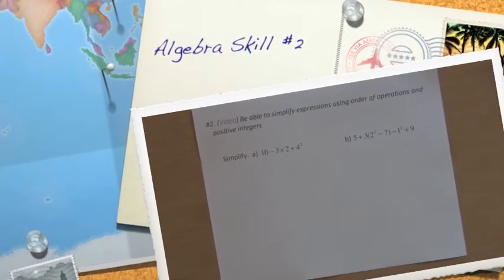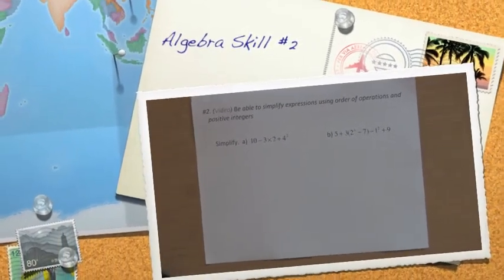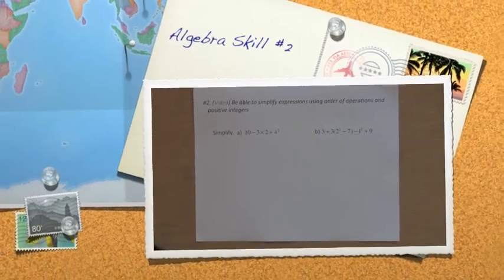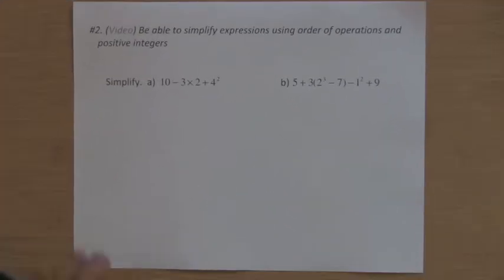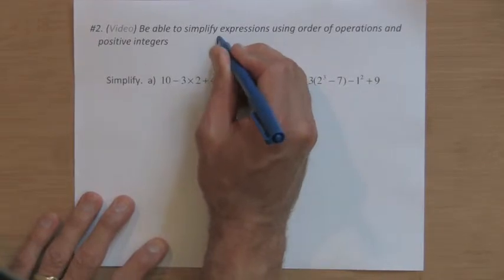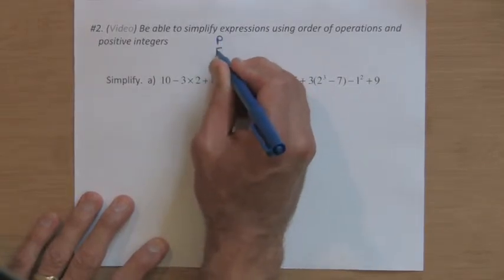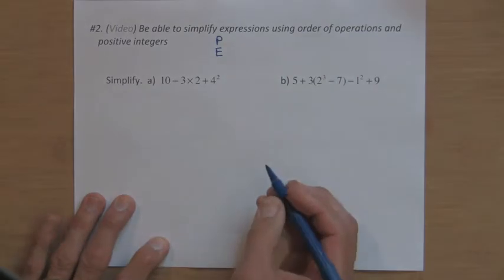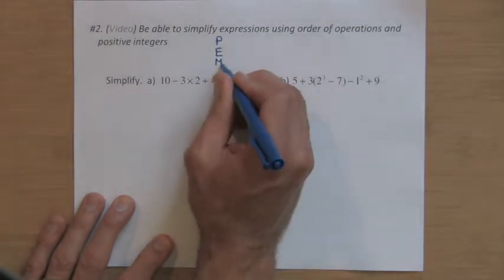All right, skill number 2. Simplifying expressions using order of operations and positive integers. PEMDAS, a pretty common way that people remember to do parentheses, exponents, etc. I like to think of PEMDAS like this, where you have parentheses first, then exponents, then you have multiplication, division,